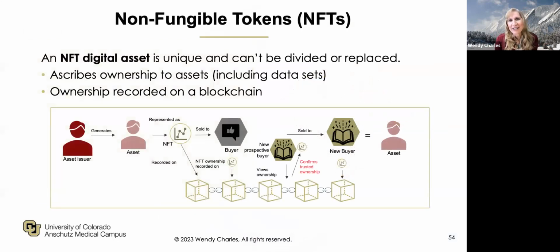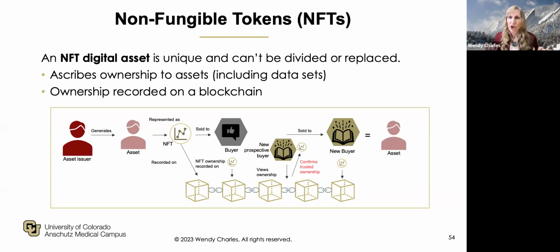For those of you not familiar with a non-fungible token, is it a form of asset? It might be helpful for me to explain what a fungible token is so that a non-fungible token makes more sense. A fungible token is like a dollar. You could divide a dollar into 4 quarters, and every quarter has the same value, and you can divide it up as much as you like, where each of the divisions means exactly the same thing. Same is true with cryptocurrency. If you divided a Bitcoin in half and people each had half a Bitcoin, they have exactly the same thing. A non-fungible token is an asset that can't really be divided or replaced.